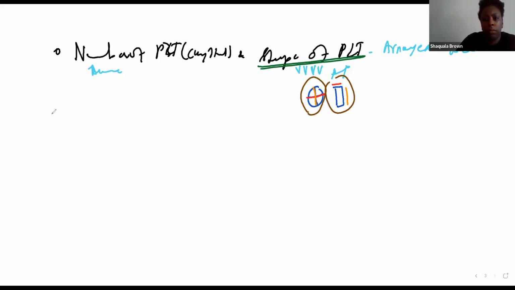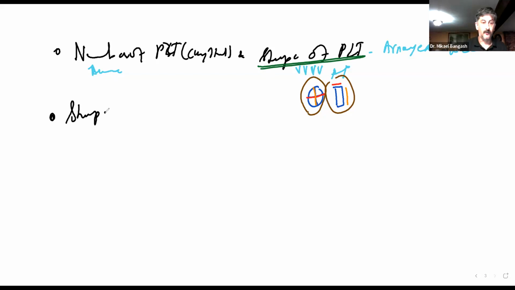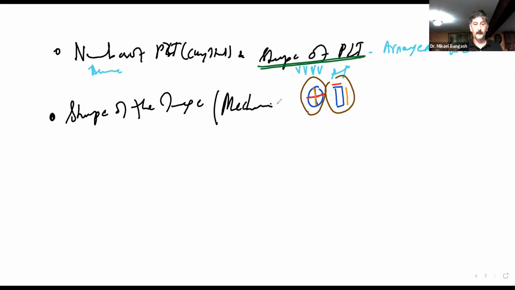The other factor that we may talk about for each transducer is the shape of the image that the transducer will produce. Now, ladies, there's going to be different mechanisms behind that. So as we talk about the shape of the image, we also refer to the mechanism behind it. How is it that this transducer actually makes that shape